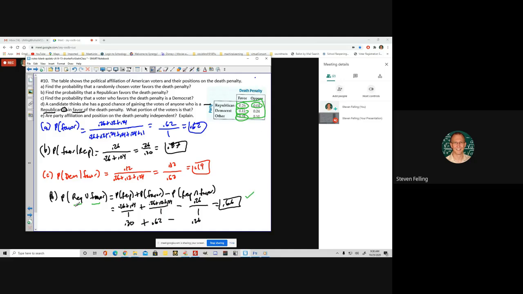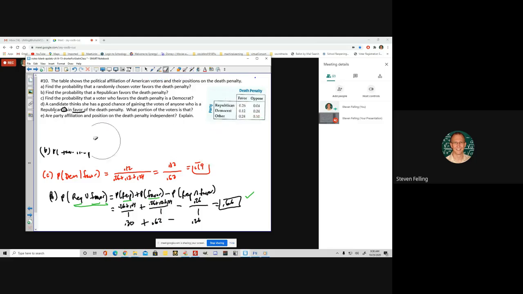So you either have to think of it as a simple probability and carefully consider every single thing, or you can break this into separate events, but when you add them, you have to subtract off the overlap so it doesn't get counted twice. All right, so then let's go ahead and look at the last question there. I'm just going to erase all this. And we'll answer the question,